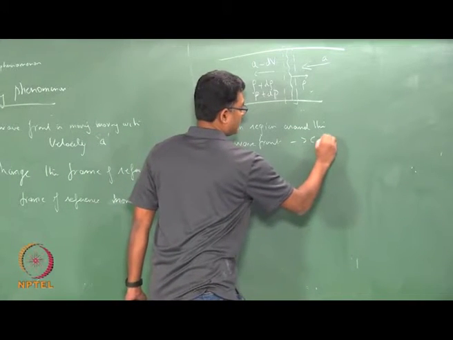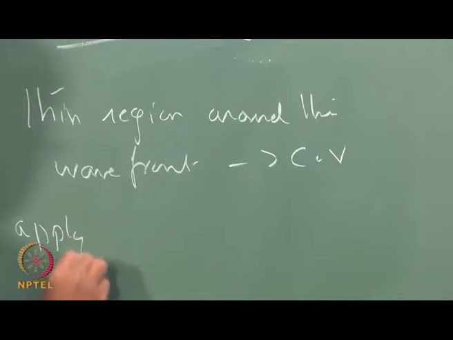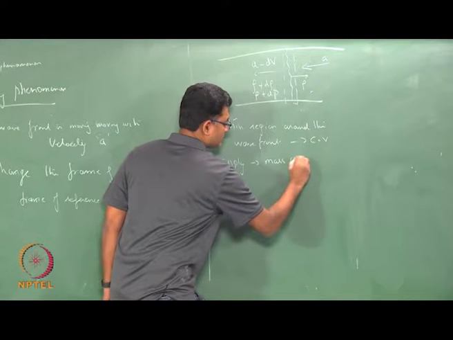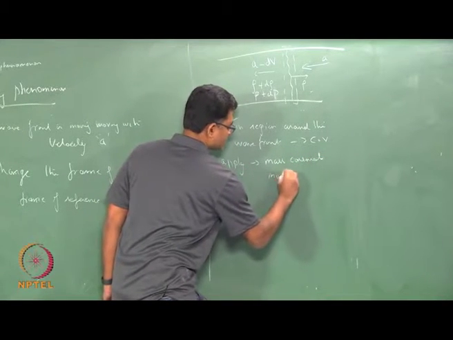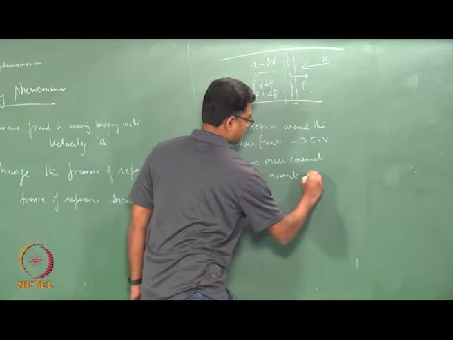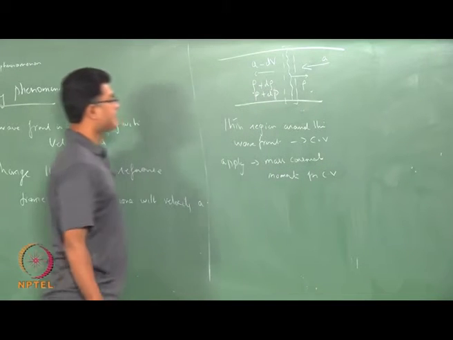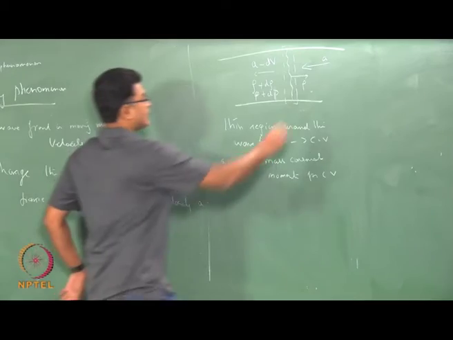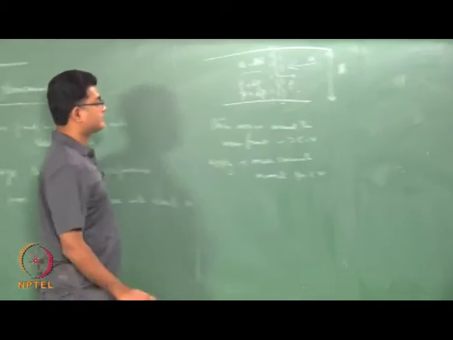This is my control volume. Apply mass conservation and momentum conservation for the control volume. So, if this area is capital A,